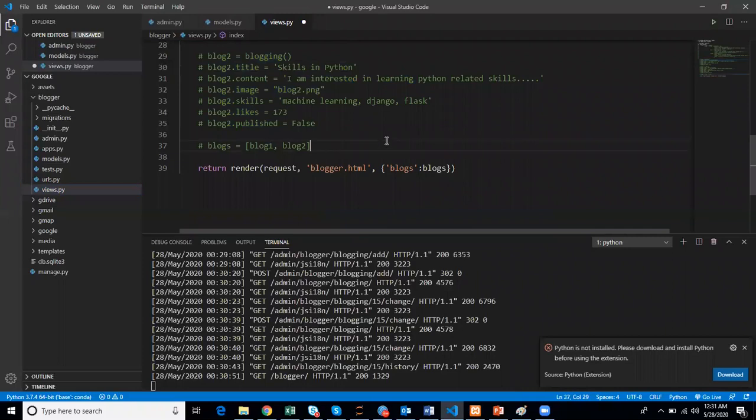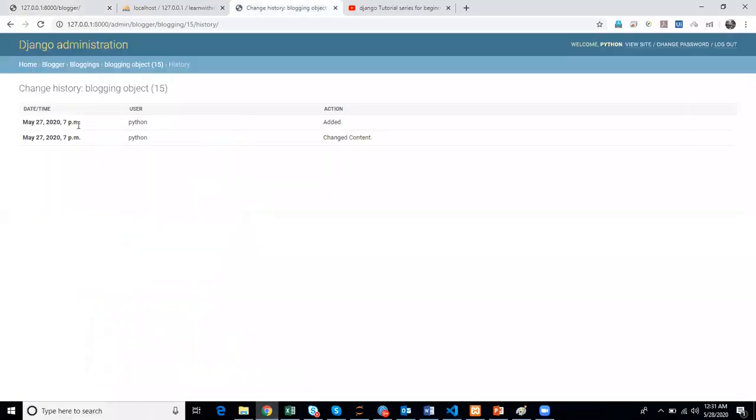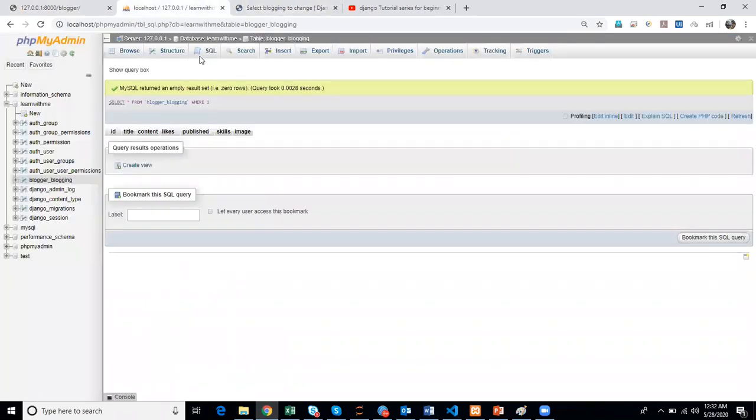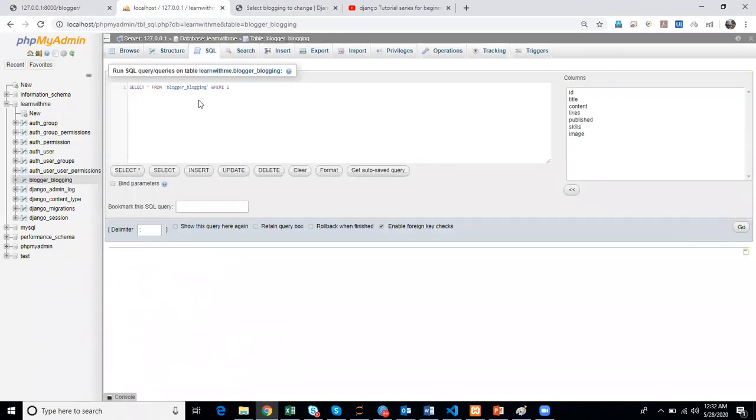Just go here and put your object. We already imported blogging, and objects come as objects. Only one line of command to bring it. Before that, I added this command, just remember it. Before that, we had created only one blog, right? Let us check in the database.